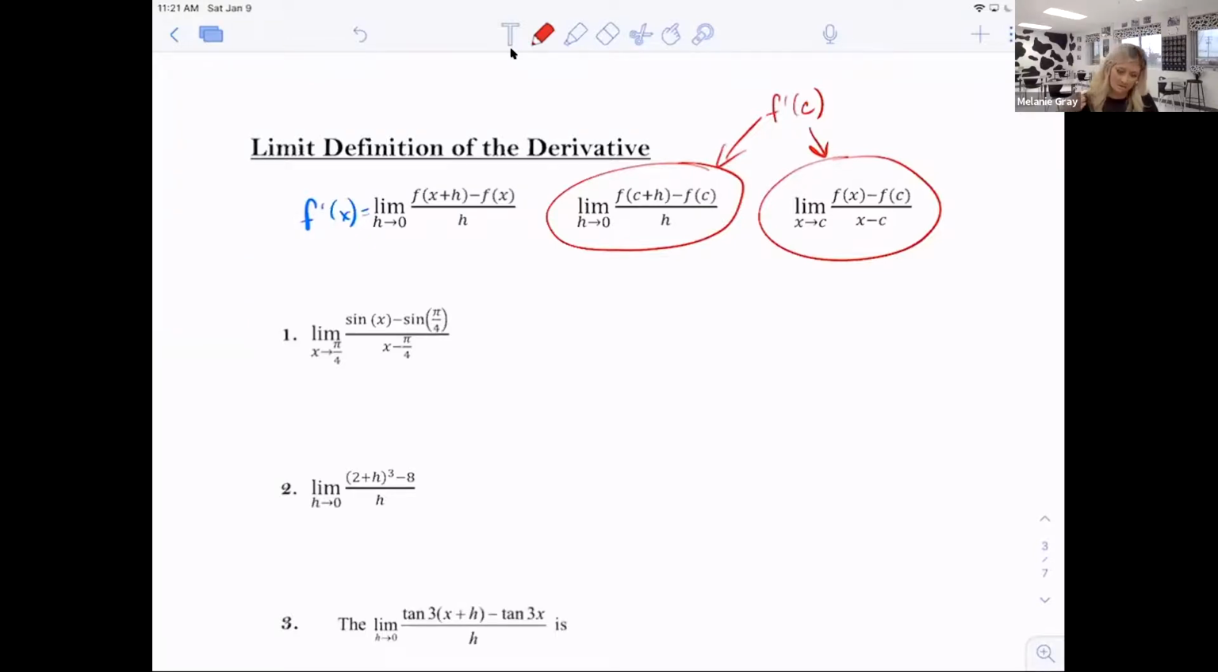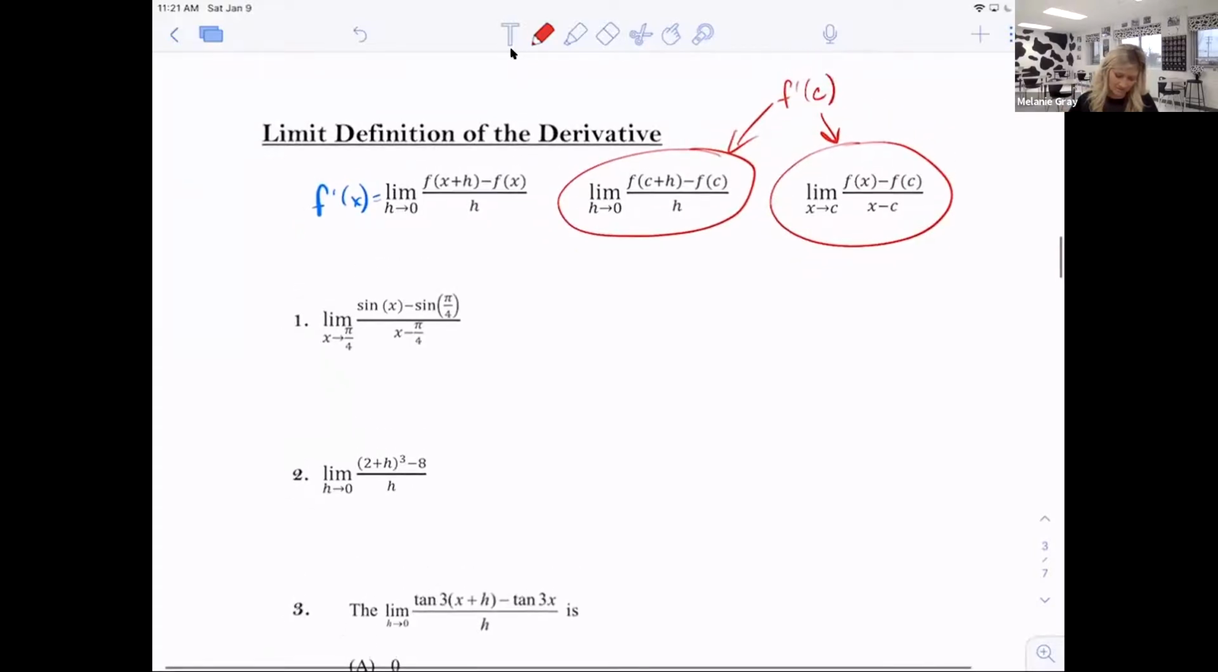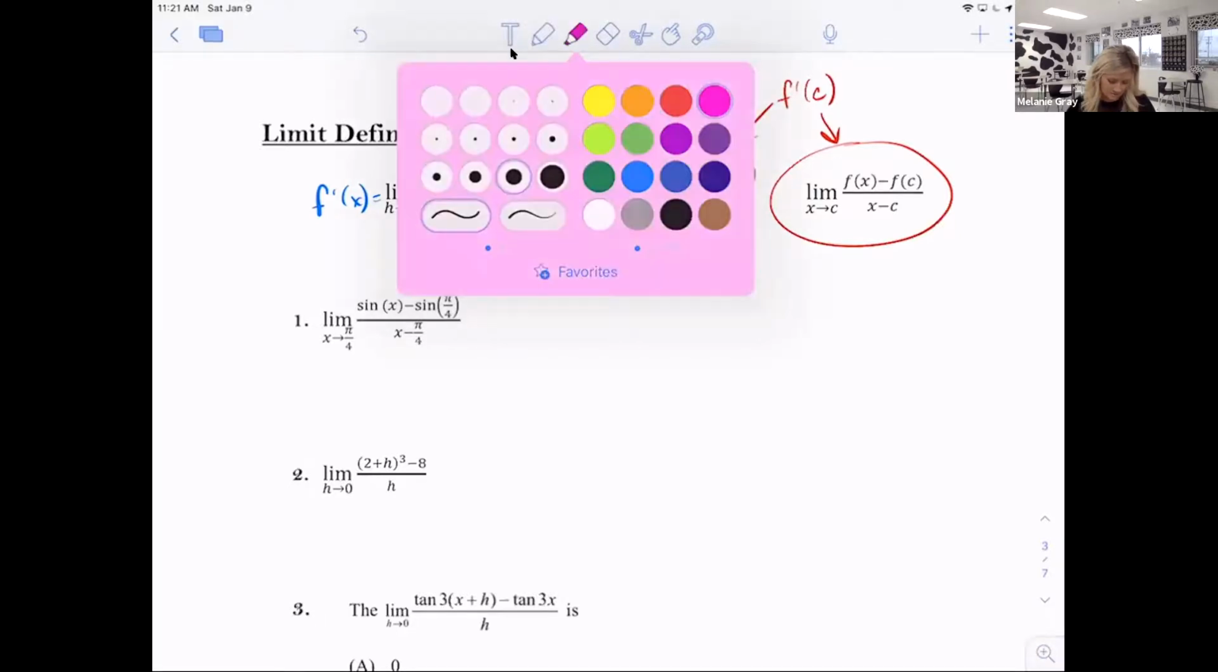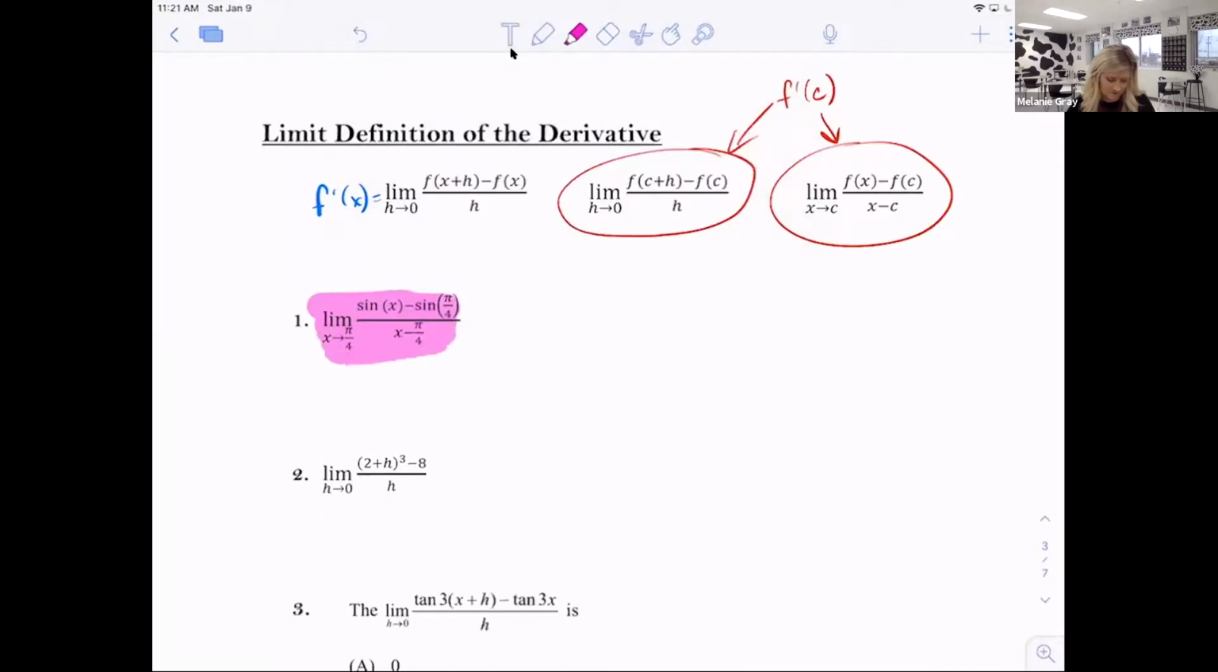And then I just gave you 3 examples here so that we could match up which limit definition of the derivative you would need to recognize to be able to solve this problem much easier than doing something like we did in the warm-up, like multiplying by the conjugate, now that you know how to take a derivative. So I'm going to use my highlighter here, and I'm going to highlight this first function, or first limit, first example. Limit as x approaches pi over 4 of sine of x minus sine of pi over 4 all over x minus pi